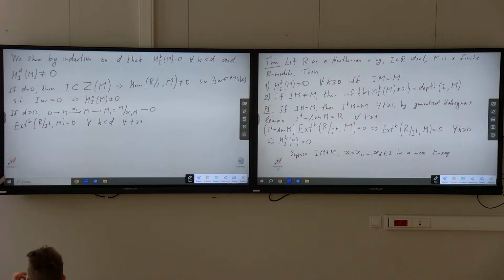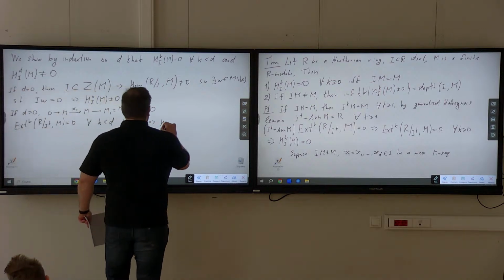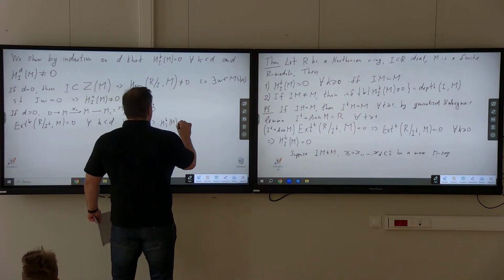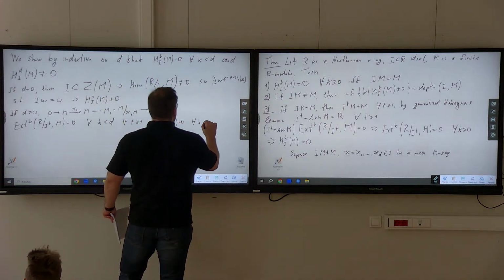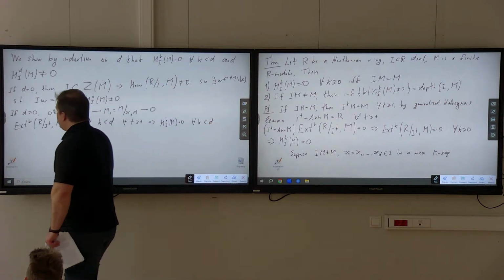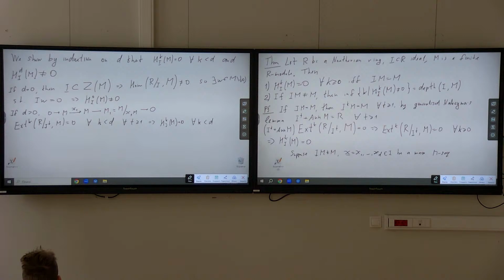But again, if such Ext is 0, local cohomology is a limit of such Ext. So immediately from this we see that H^k_I(M) is 0 for any k less than d. And this finishes the proof of the first claim. Why such Ext are 0? Again, I'm saying that I'm using the statement from the beginning of the course, and if you want to find the statement, this theorem with the four equivalent conditions, this is the first statement in section 1.2,